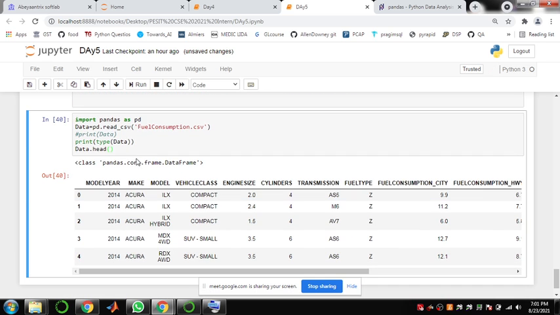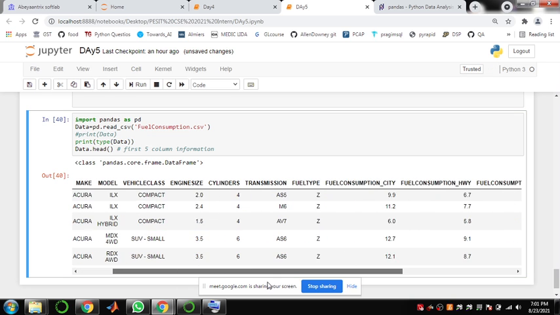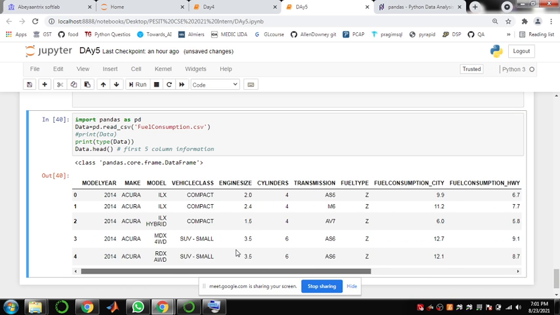It displays the first 5 rows of information: model year, make, model, vehicle class, engine size, cylinders, and so on, all the parameters.